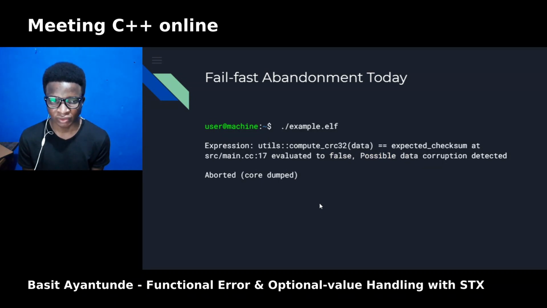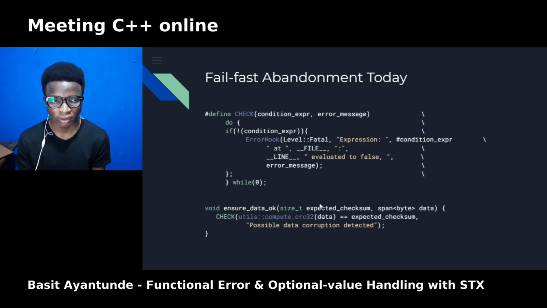So if you run the code, here's what it will say. I personally really like this approach because it's even adopted in most projects that I've worked with. But let's see if we can do more.